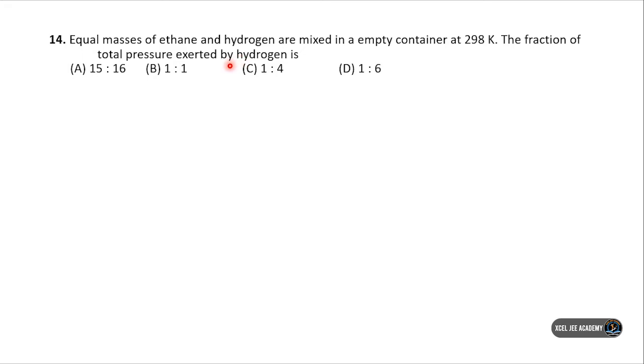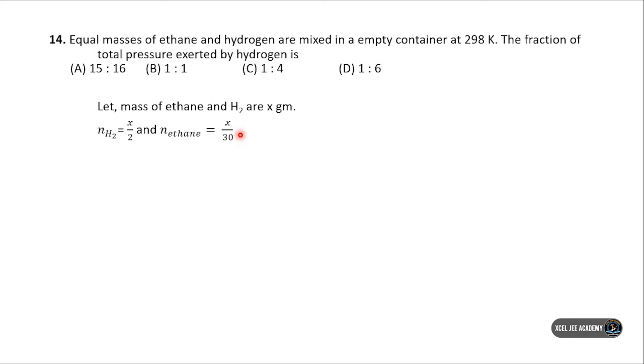So in order to find that, first we have to see the number of moles of hydrogen and the number of moles of ethane. In the question it is already given that they both have equal masses. So let's say their masses are equal to x gram. So the number of moles of hydrogen will be equal to x by 2 and that of ethane will be equal